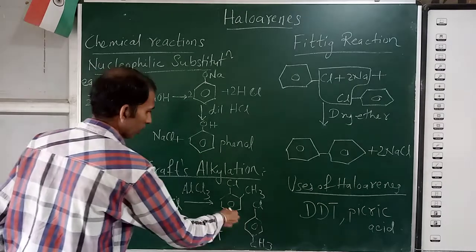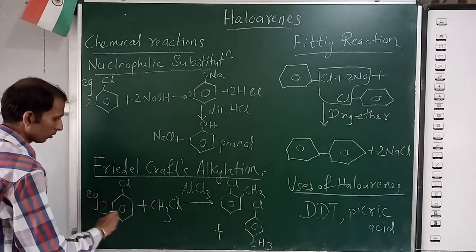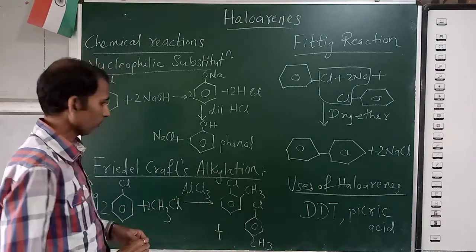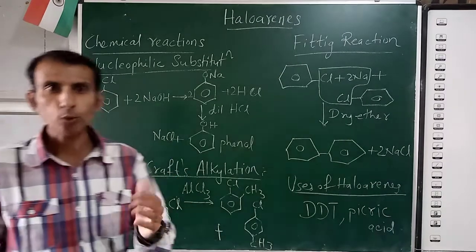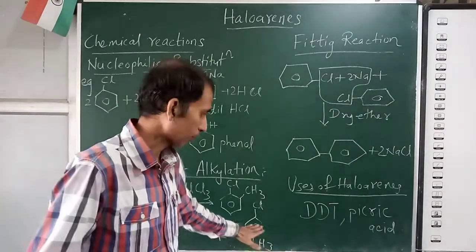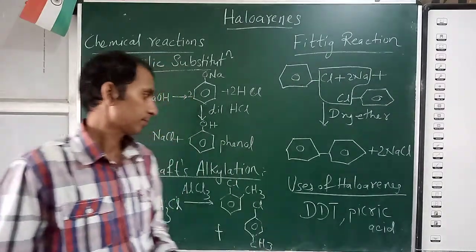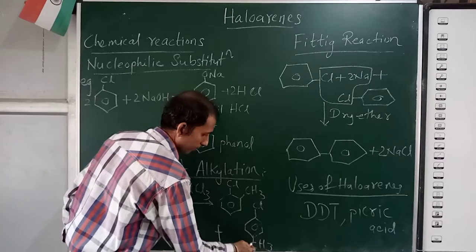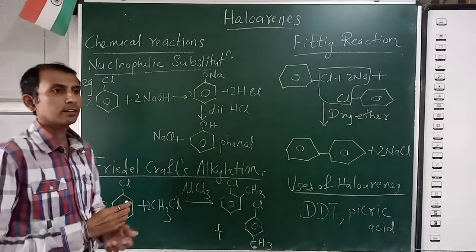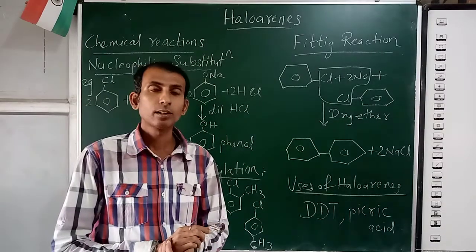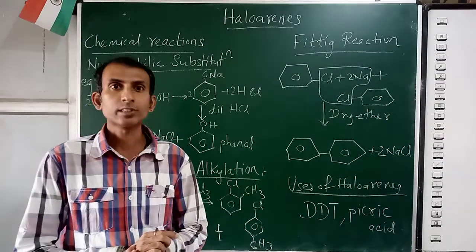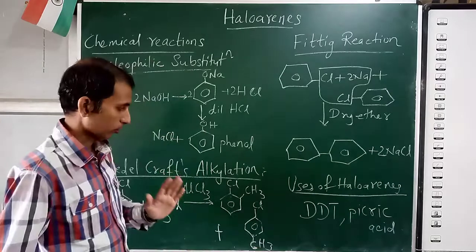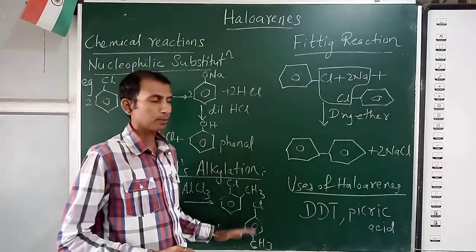Now since they have given two products here, of course again we have to do the balancing; you can show it like this. The byproduct is also very clear to you. Here the byproduct will be 2HCl. In this, of the ortho and para products, the para product is the major product because it is more stable because of its symmetrical nature.